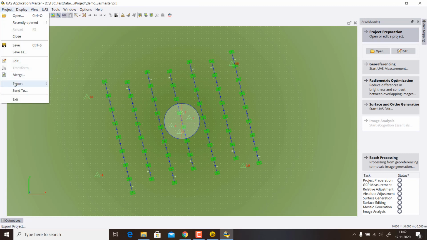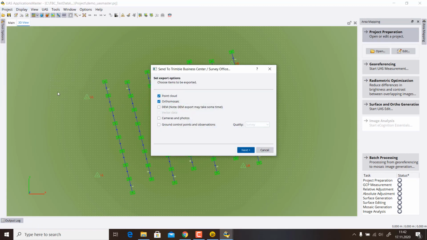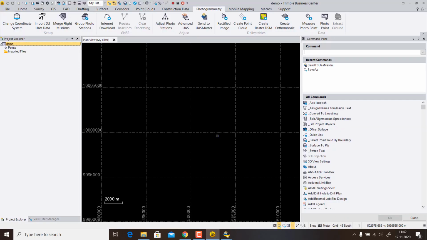And then in the applications master, we can now say here to send to, and we will send now the Pointcloud and the ortho mosaic. We can also send the ground control points and make them to survey quality. This is possible. We will not export the DEM additionally. And then we say next, and because Trimble Business Center is open here in my background, it would then use